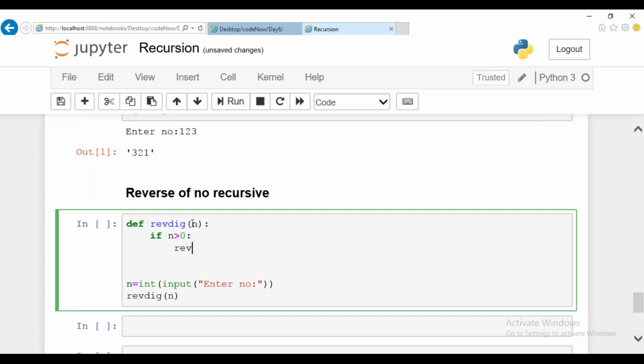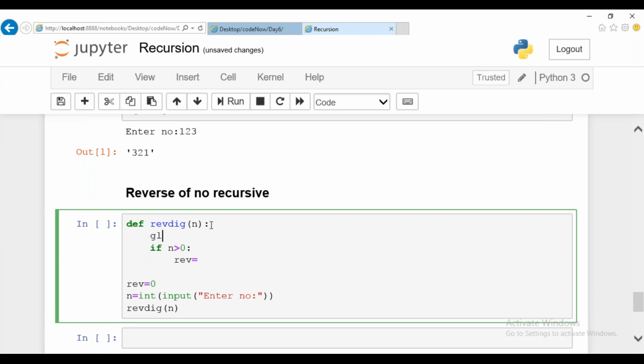Let me have one variable called reverse, and I initialize my reverse value as 0. There is some indentation issue, let me resolve it. And let me declare this variable as a global variable.